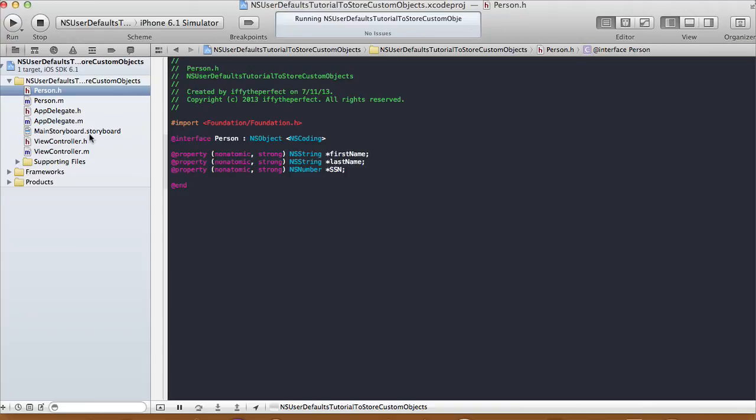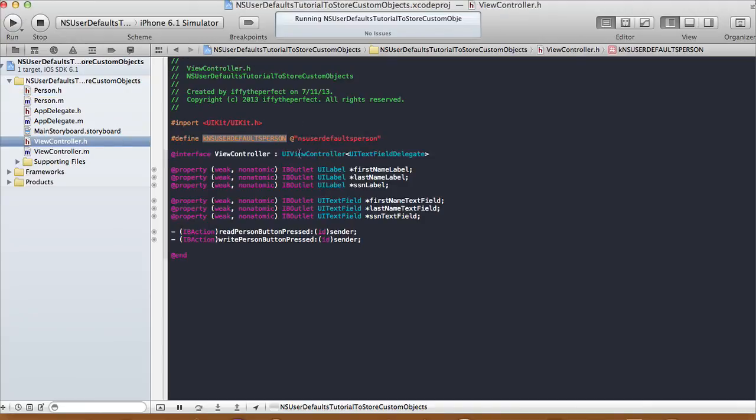If you do that in your view controller or wherever you define your NSUserDefaults, you're gonna have so many different NSUserDefaults for one person. And imagine you have multiple persons, and that's gonna take so many NSUserDefaults keys. So you might mess up somewhere, but in this